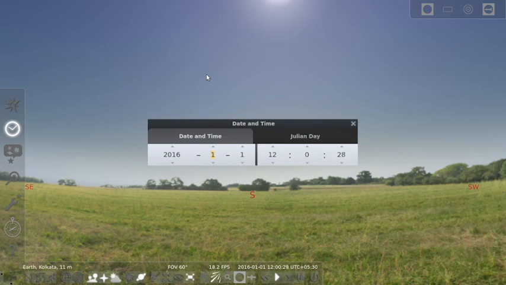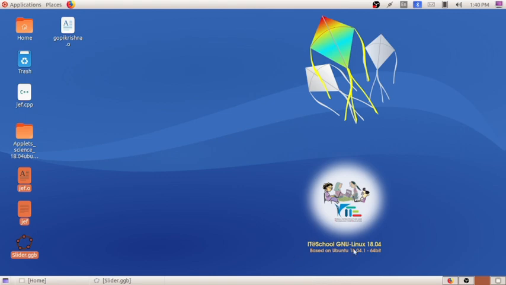Okay, so this much we have done, activities 5.9 and 5.10, to find out the location information and the time and day adjustment. Just you find out how the Stellarium software looks like. This is the toolbar, this is the status bar. From the location information, we can change the location to any other location. If you want to log out from this, you can click here so that it will log out.